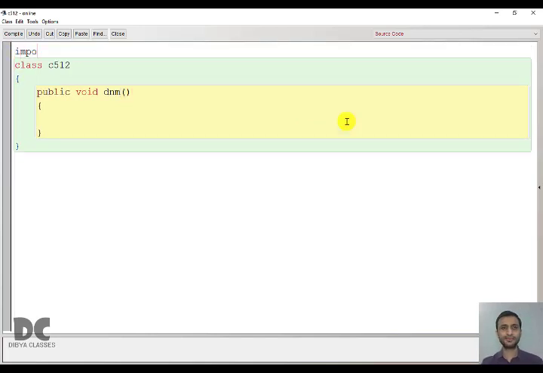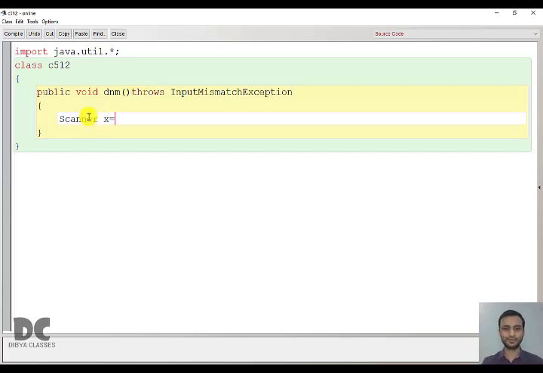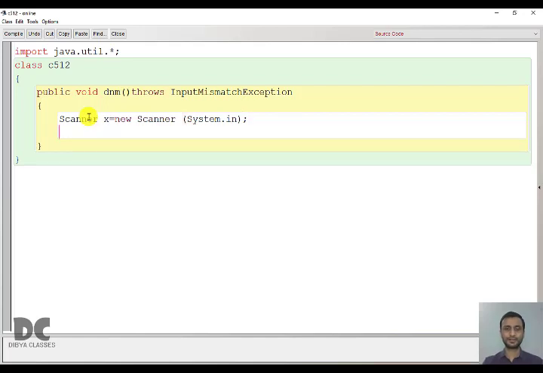For the Scanner class we have to import java.util.*. Here we have to write throws InputMismatchException. Then write Scanner x equal to new Scanner(System.in), and then we'll write a print statement and take input.